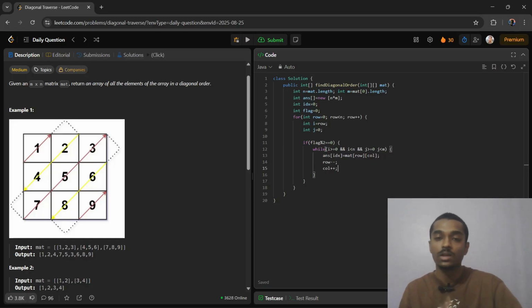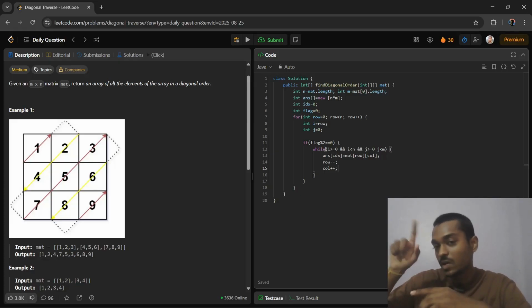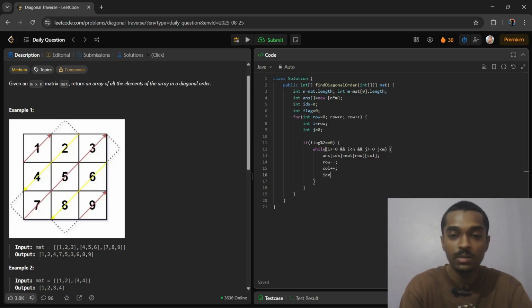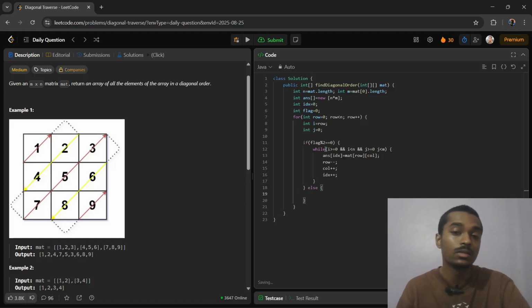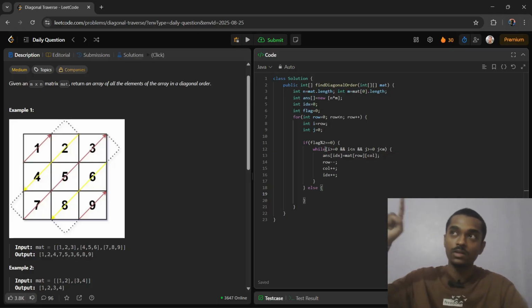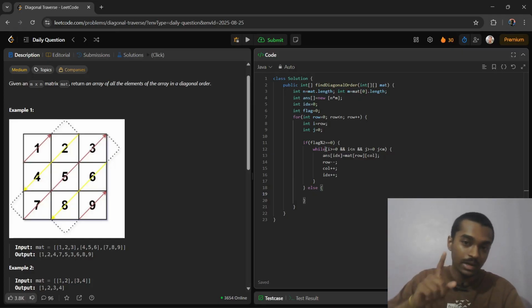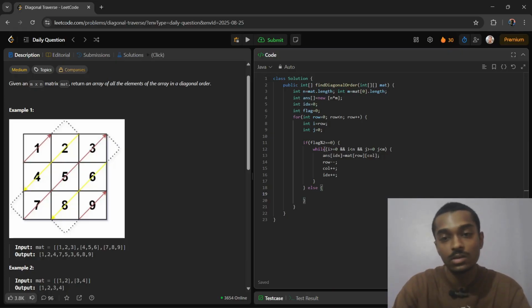When we are on this index, if we decrease our row and increase our column, we are on the diagonal element. That we can do. And for the next element, we increase our index. Very simple. But what if our flag is not even? That means we have to traverse in the opposite direction,